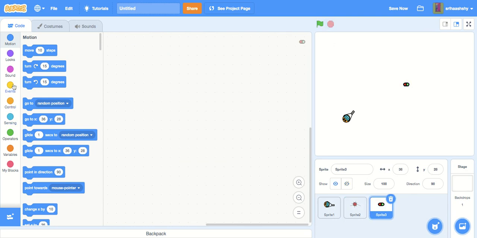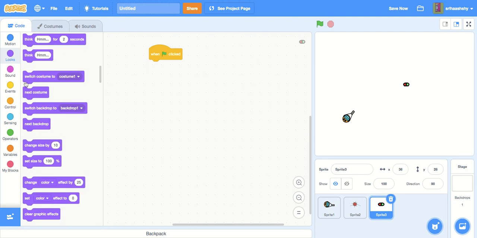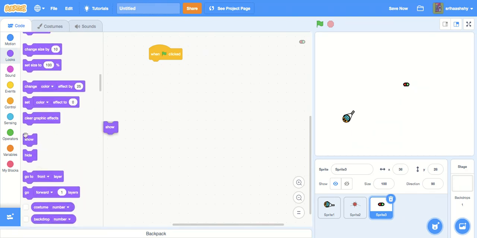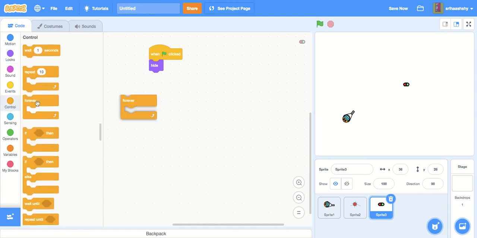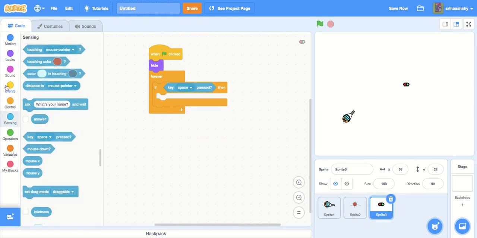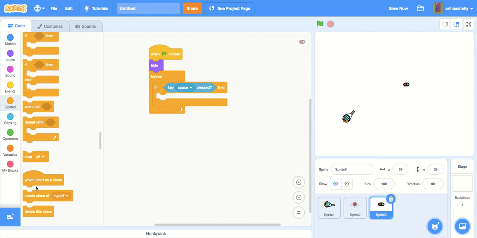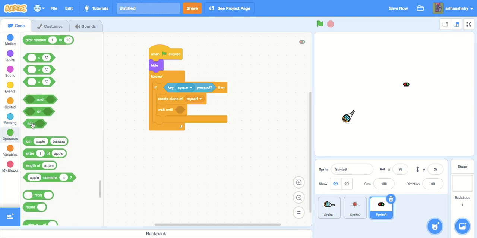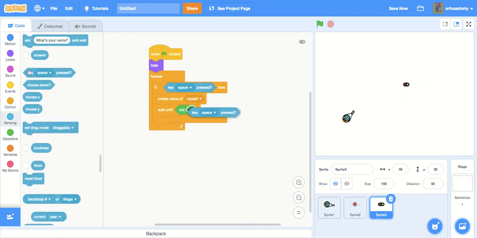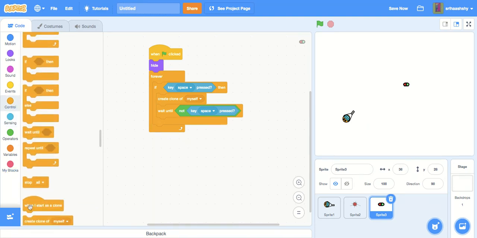And Sprite 3, the vaccine. When green flag clicked, hide, forever, if key space pressed, create a clone of myself. Wait until not key space pressed. Okay, so when I start as a clone,